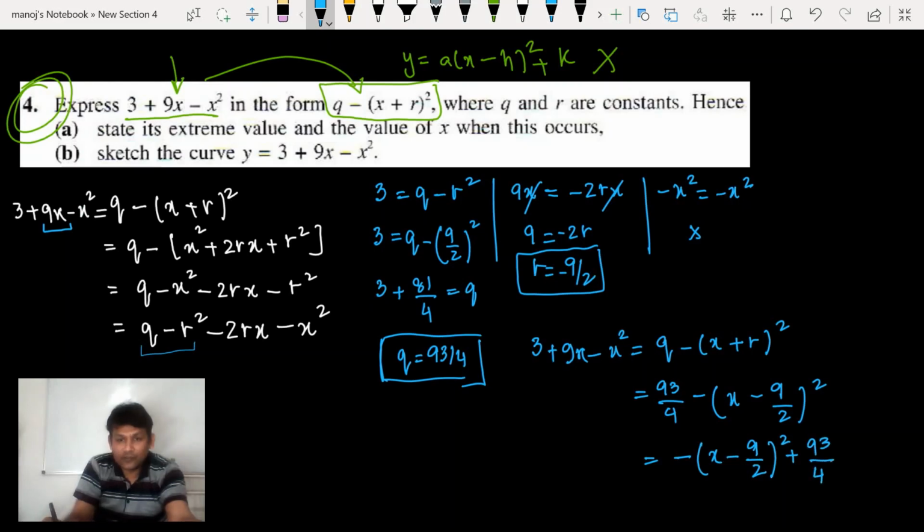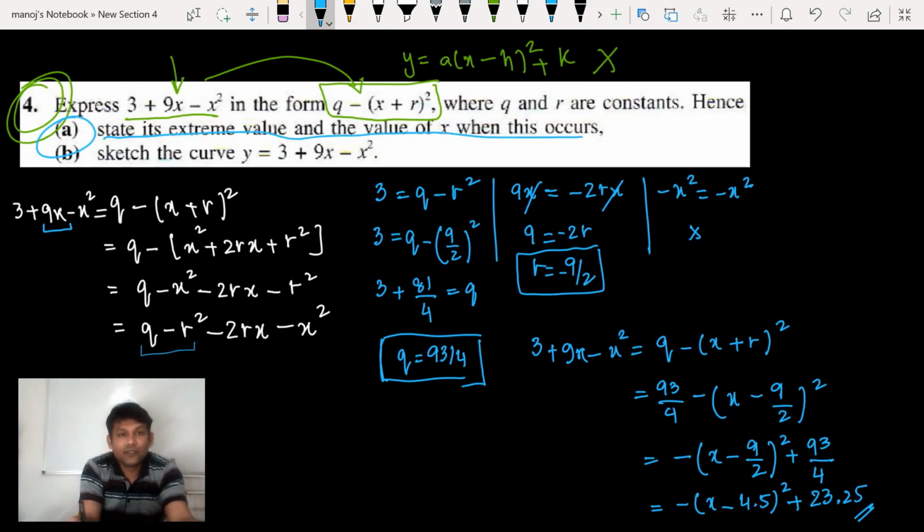You can even write in decimal. When you want to write in decimal, this will be x minus 4.5, because when we do the sketch we need to write in decimal, plus 93 upon 4 is 23.25, and that's your equation. The first thing we have to write, where q and r are constants. Okay, by using this, state the extreme value, part A, extreme value